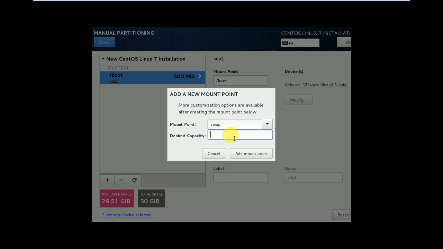Instead of that, I am giving the same as the RAM capacity, 3070, it is enough. If you really want to, the swap memory would be 2 into your RAM memory, that means 3072 into 2 is 6144, but here 3070 is enough for me, so I am giving that. So click on add mount point.